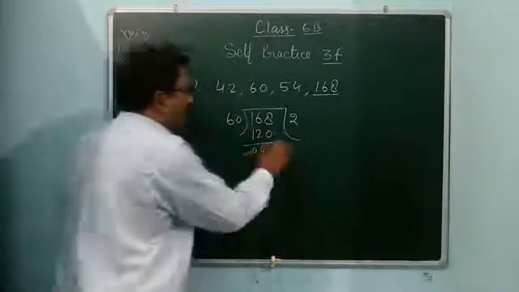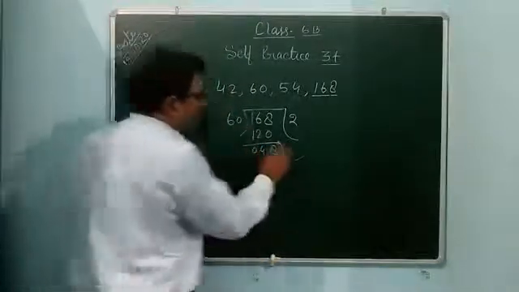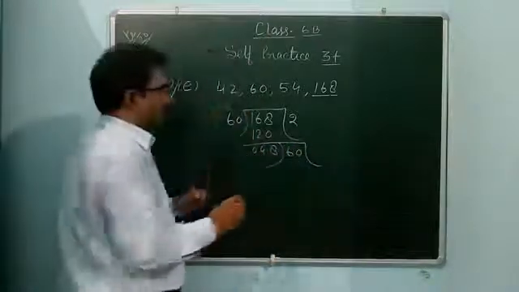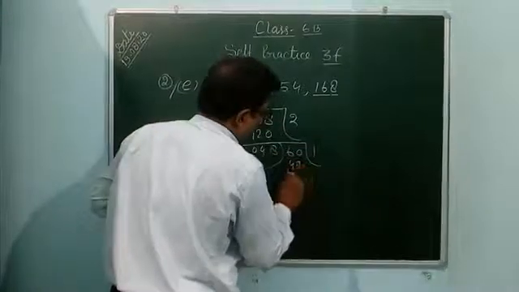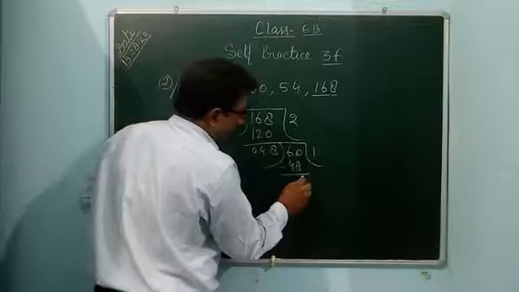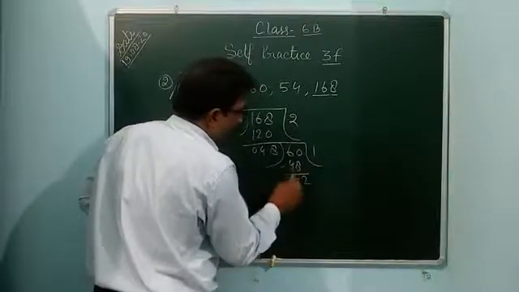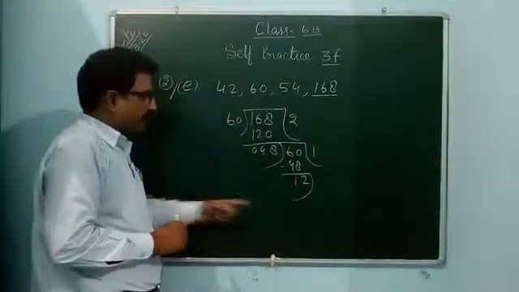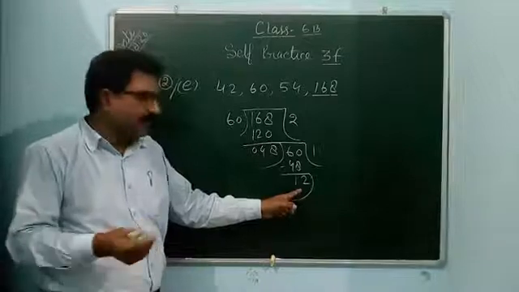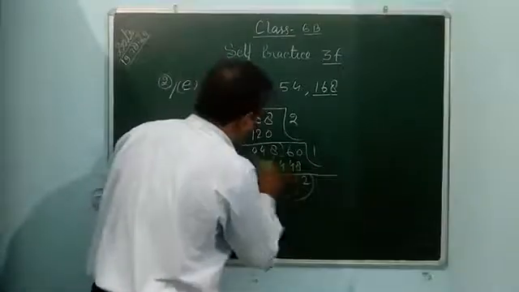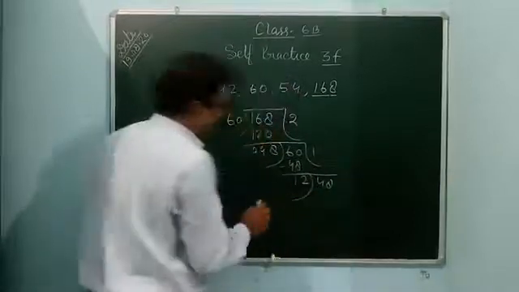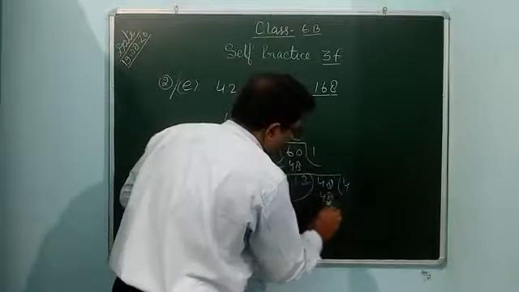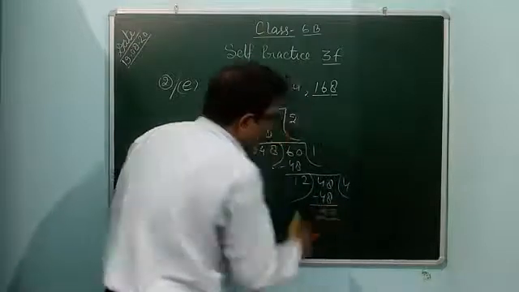So you use 48 as the divisor now, and here 60 will be the dividend. Again 60 divided by 48. 48 ones are 48. 60 minus 48 is 12. Again, what is the remainder? That will be the divisor, I have told many times. So 12 is the divisor now, and 48 will be the dividend. 12 fours are 48. The remainder is 0.